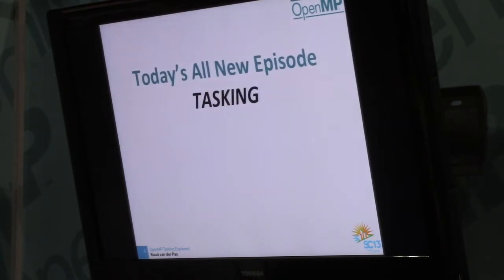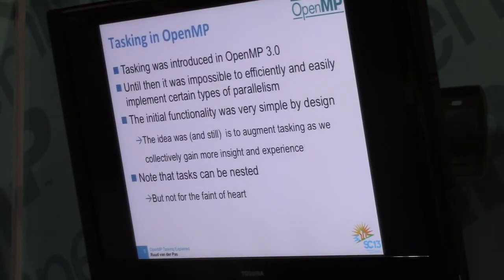So we have a totally new episode called tasking in today's talk. It was introduced in OpenMP 3.0, a couple of years ago. That means by now every compiler that supports OpenMP should have tasking available for you. And like I said, it was hard to do certain types of parallelism until that point.